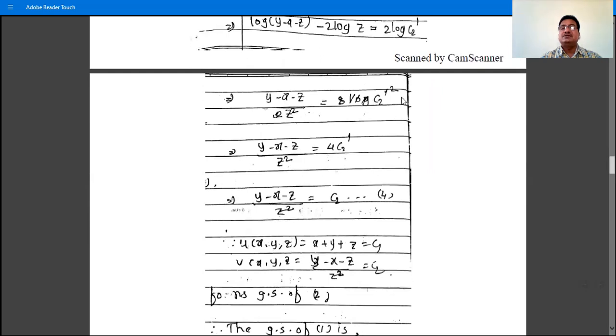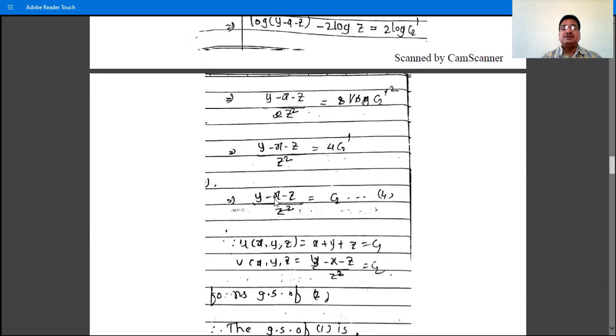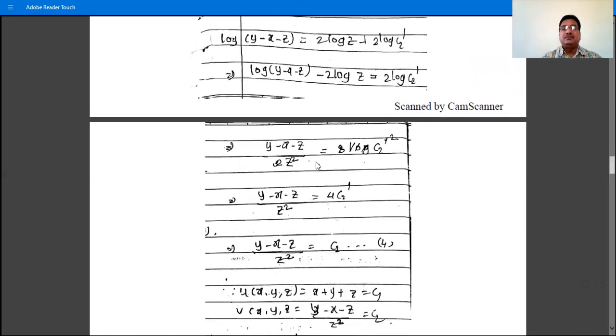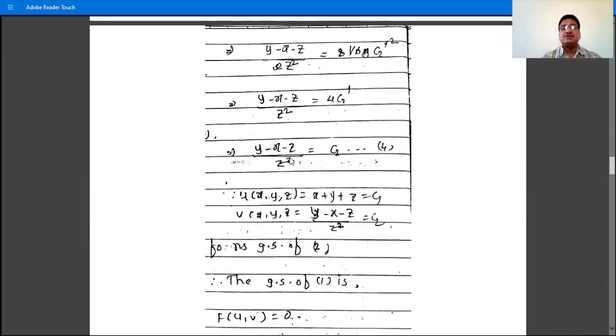So we have this is c2 dash square. Suppose c2 dash square is c2. So we have (y minus x minus z) divided by z square as c2. I think this 4 is wrong here. Right, c2 dash square as c2. So we have the solution (y minus x minus z) divided by z square is equal to c2 as the